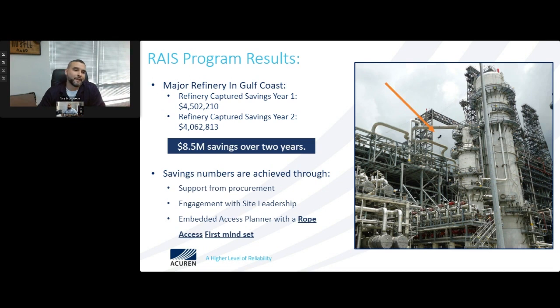They were able to allocate this $8.5 million in other aspects to be able to help the facility out. And deploying these representatives out to the site, we can't do that ourselves. Acuren definitely can't do it ourselves. We need the help of procurement, the site leadership, work activity coordinators, turnaround managers, right? Everybody has to come together as a team to be able to make a program very successful with cost savings,